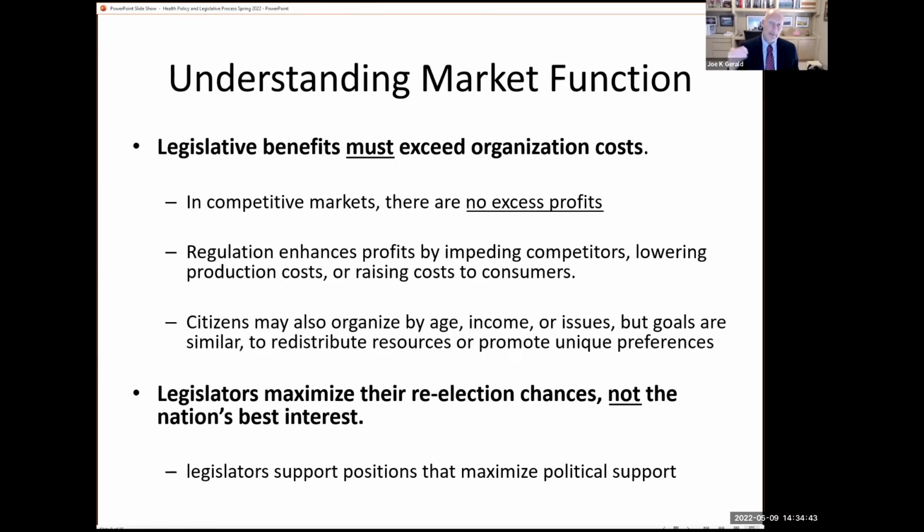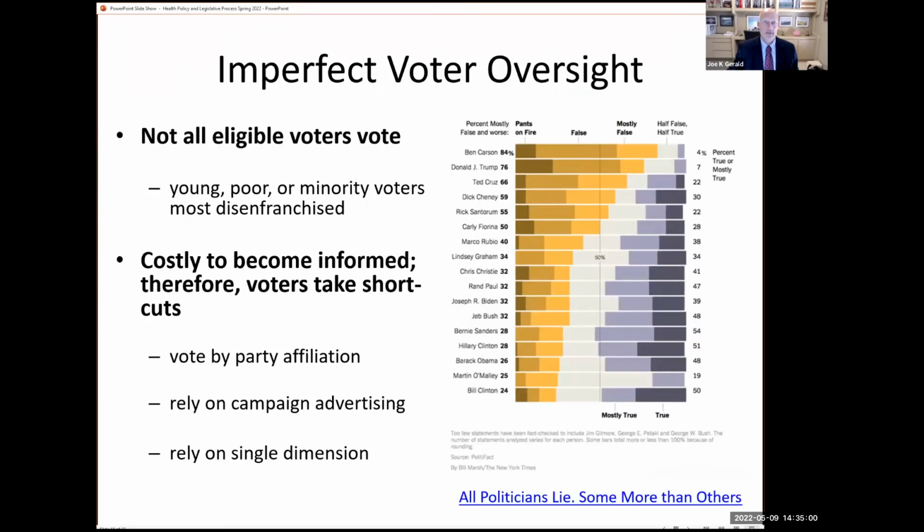And so it's imperative that you think through not only what's the right thing to do from an evidence-based perspective, but how do you frame that in such a way that it enhances instead of detracts from your elected officials' reelection chances? Because that's going to be one of their key deciding points. Okay.